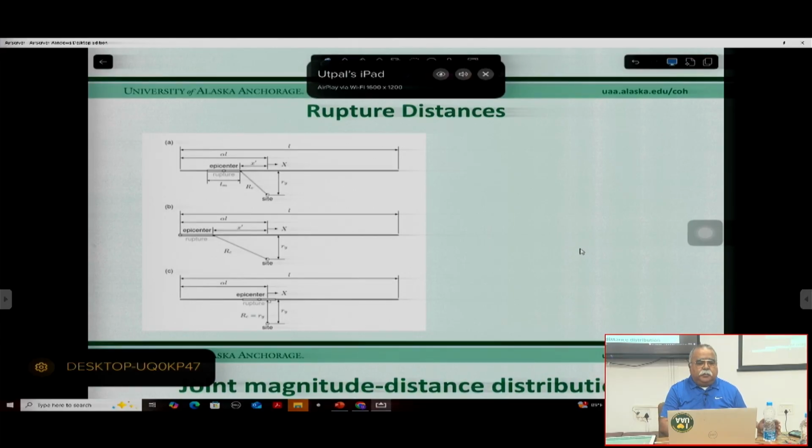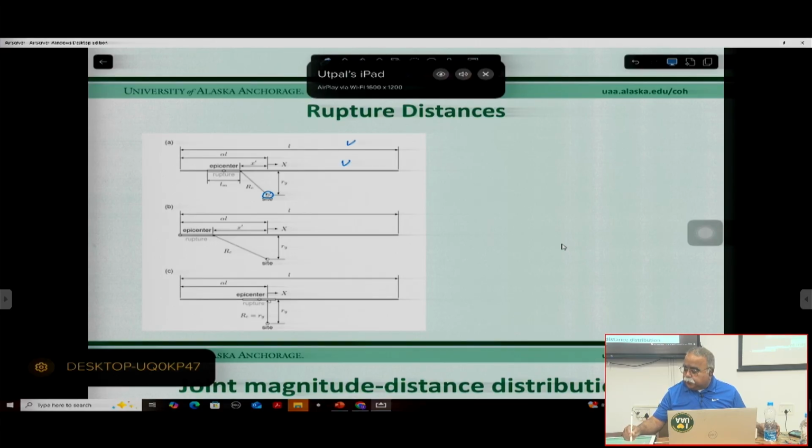So we will also be showing all these things today, but I will not do the mathematics here today. I just try to show that we were calculating, say suppose this is a site, and this is a fault, and this fault has a length of L,